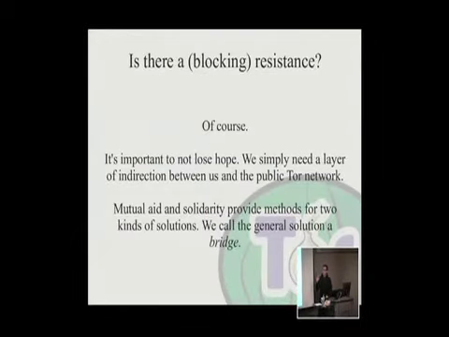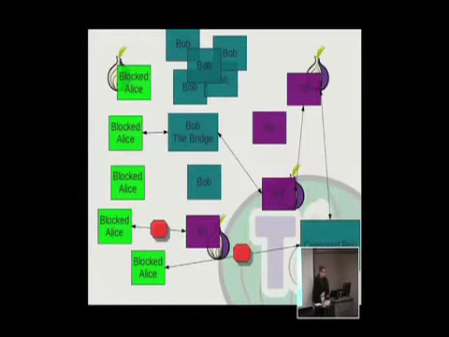I'm a big fan of the anarchist principle of mutual aid, and another one, solidarity. And so there's a solution, which is that we all have friends. So we should ask our friends for help, right? This is the lesson we learned in kindergarten about sharing. So here's how it works.